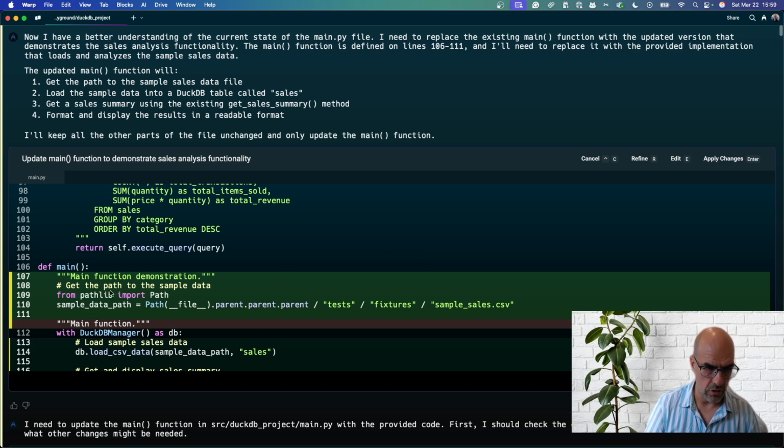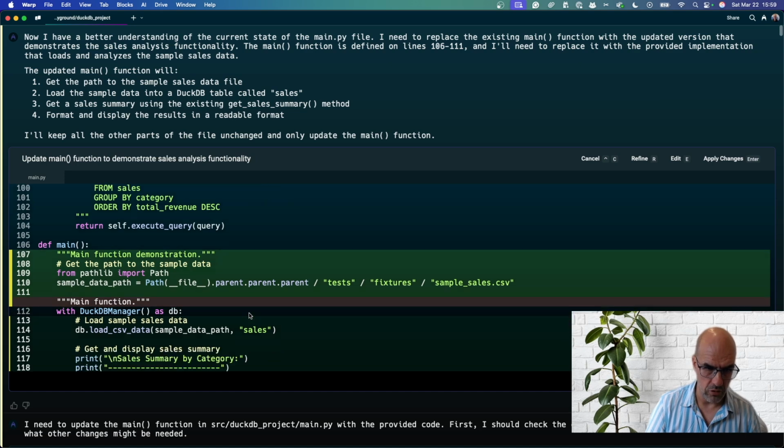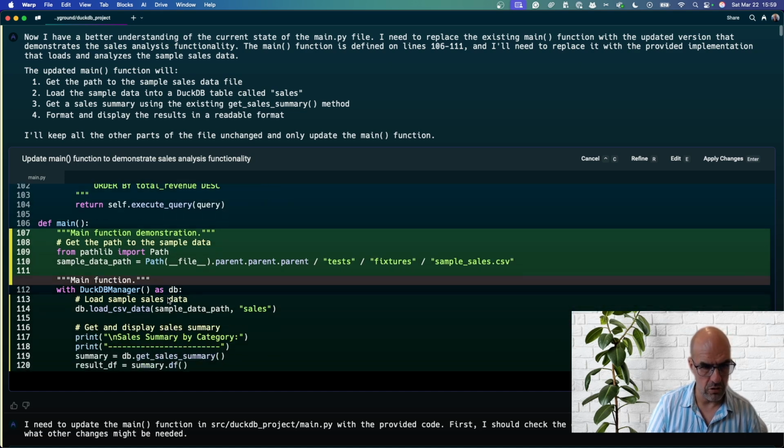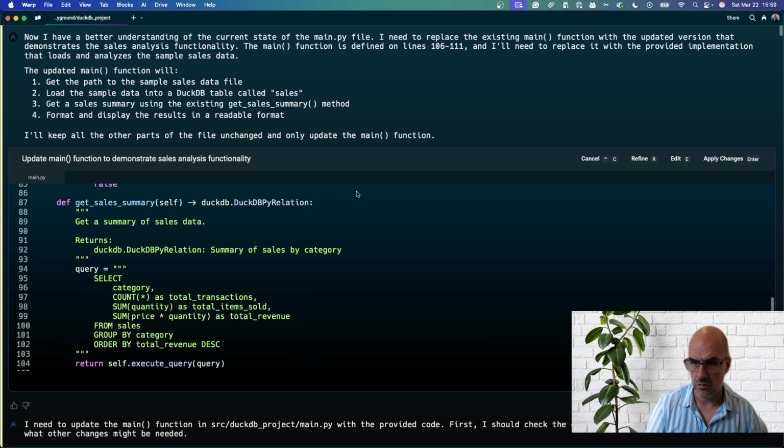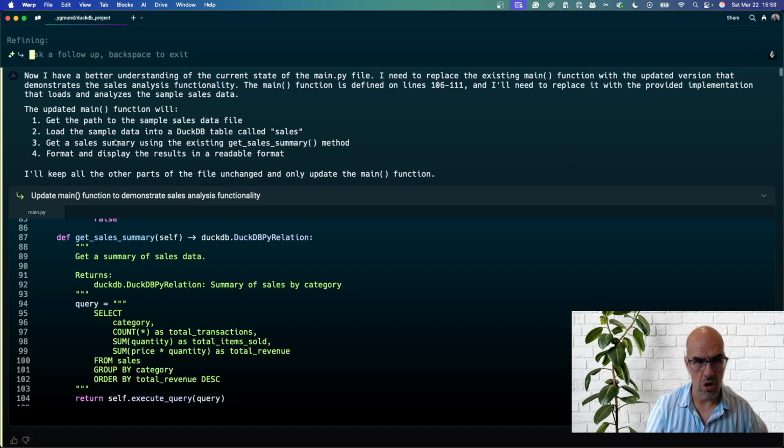okay, so yeah, there's a sample data path that it resolves, and you can see it looks like it does want to load the data. So let's try and run this. Okay, did I place? Okay,